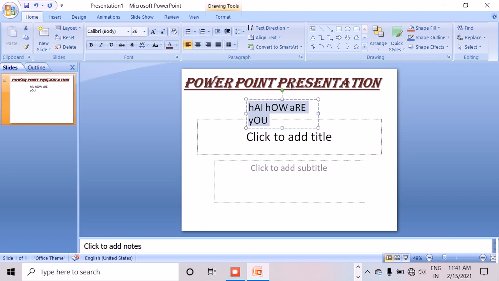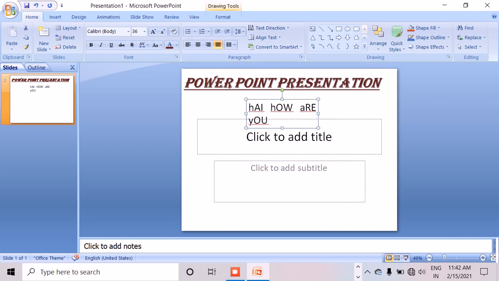And next we have the option of changing the alignment. You can adjust the alignment of a text within a placeholder or a text box. In the paragraph group, see, in this paragraph group we have these options. This is horizontal alignment: left, right, center and justify. So I am just aligning it to the left, or if you select the text box fully and need to align it, we can align it. Center, see the difference, the right. So these are the options.